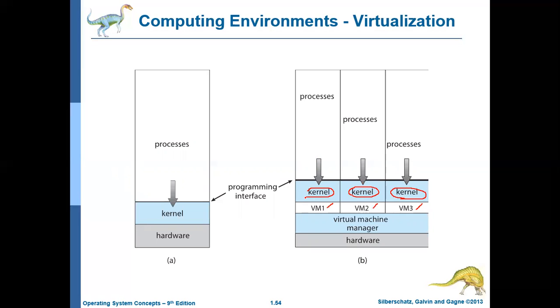So basically this system may be using some operating system, and on top of that, it also supports another three operating systems. So the user can use this as a Windows environment or a Linux environment. If the user wants to use it as Linux, he can, or if the user wants to use it as a Mac system, he can. This type of environment is called a virtual machine, and it is achieved through the Virtual Machine Manager.